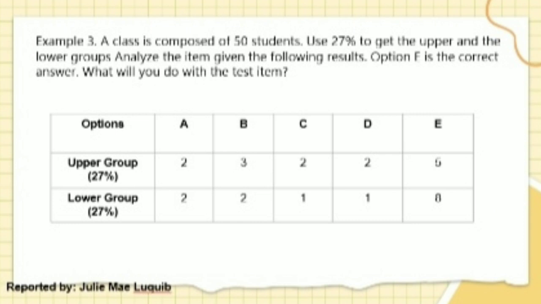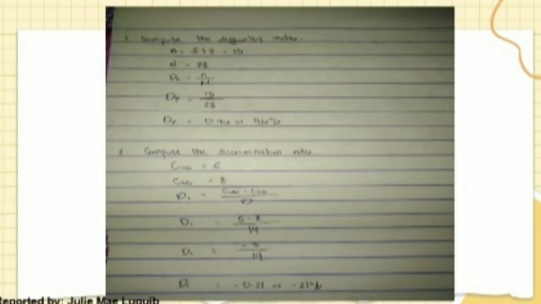A class is composed of 50 students. Use 27% to get the upper and the lower groups. Analyze the item given the following results. Option E is the correct answer. What will you do with the test item? As you can see in the table, there are options A, B, C, D, and E, with the upper group and lower group. As the solution said, option E